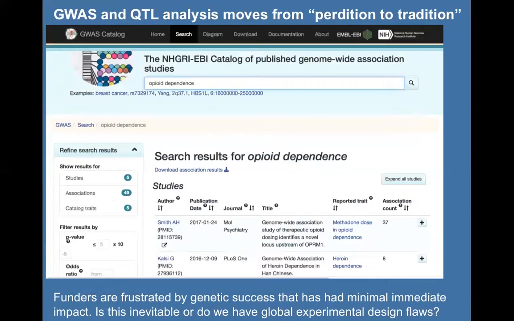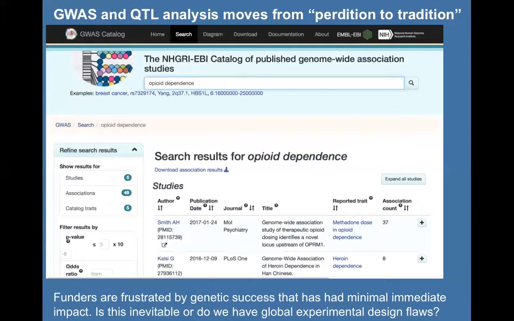But this work is really on the cusp of a very major breakthrough, in the same way that schizophrenia had its breakthrough in 2014 when the 108 schizophrenia candidate gene paper came out. So the problem is going to be, how do we go from GWAS hits, admittedly many with very small effect sizes, to networks of molecules and cells and circuits to potential treatments. And again, here's where I think the animal model work is going to be absolutely essential.